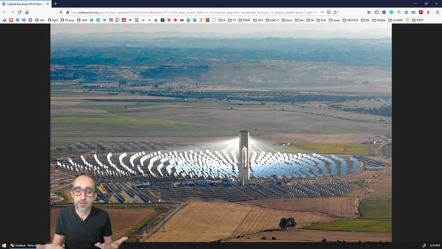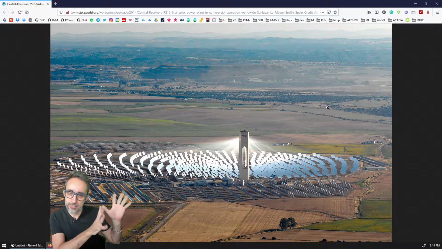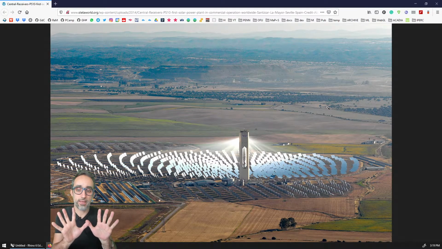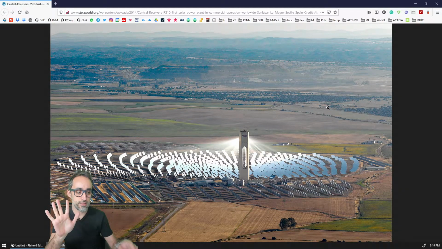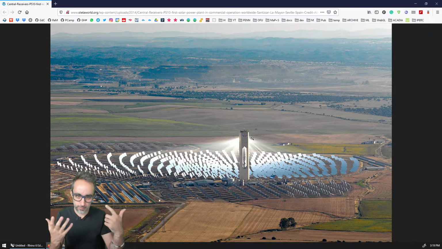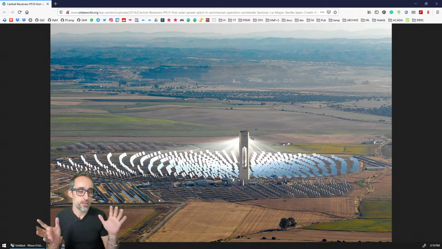This exercise was inspired by a solar thermal energy plant that was actually built many years ago next to my hometown in Spain. This is not exactly what we're doing, because the panels here are not photovoltaic panels, they're just mirrors. And what they do is that they mirror the sun and they concentrate it here in this point. And therefore, this point becomes extremely hot. It boils the water of a turbine, and then the turbine produces electricity. So this is not exactly what we're doing.